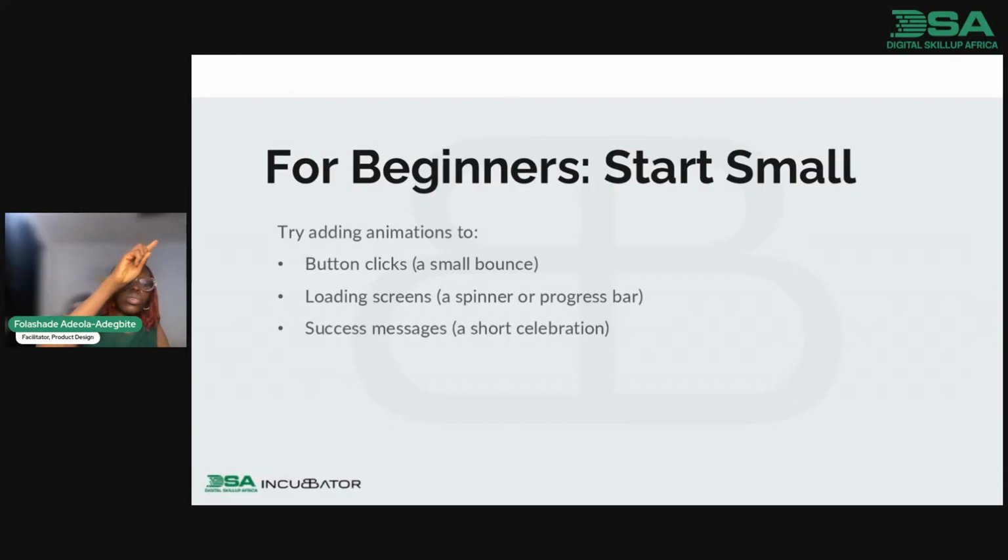Instead of just popping it to your face, you can give it animation and it just goes. It wants to show you success like a mark. You can just go slowly and draw it. So, congratulations. Or a celebration, maybe things are popping and all that.